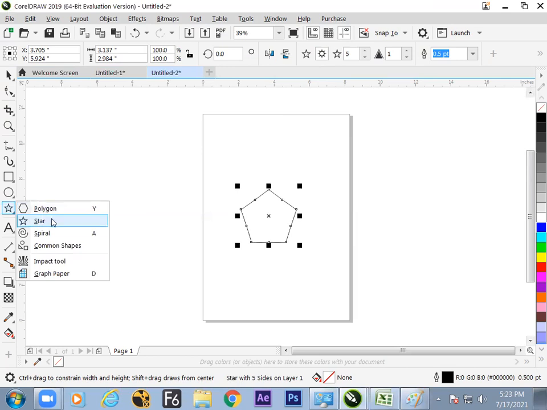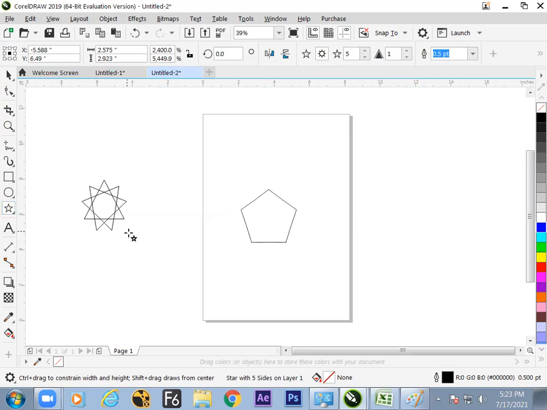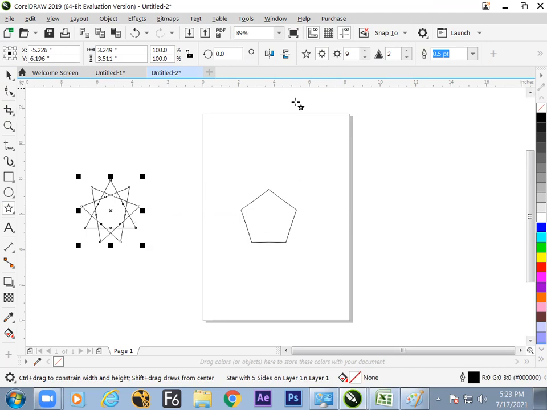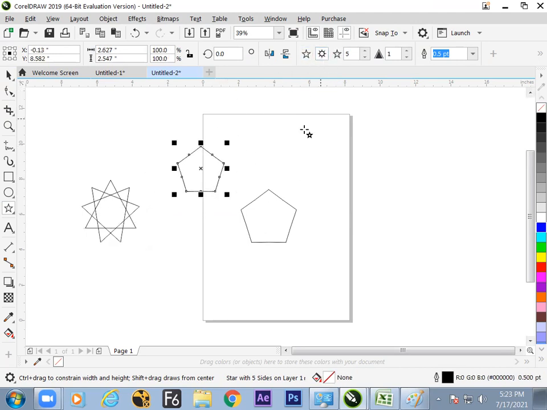But have a try. For the timing, the first difference you got to know is the star tool. Yes, now it is working. It's updated here. So sometimes it is not updating. So check it out, normal star and complex star.